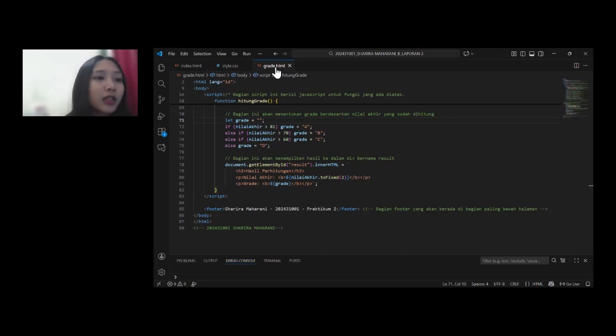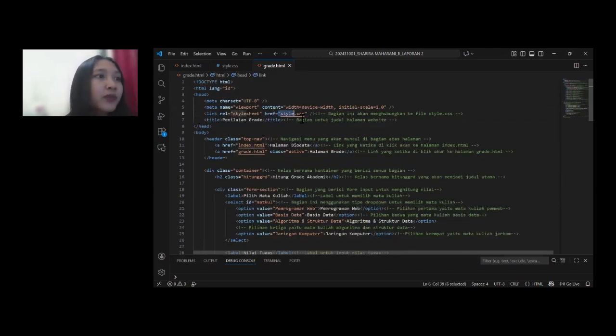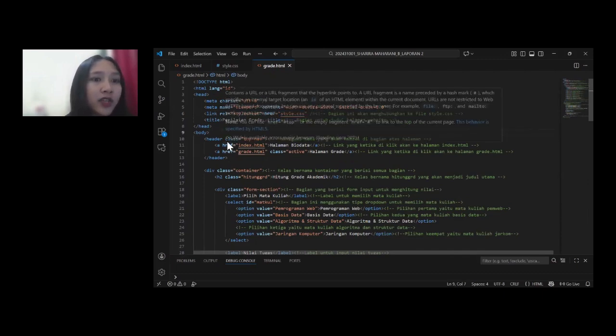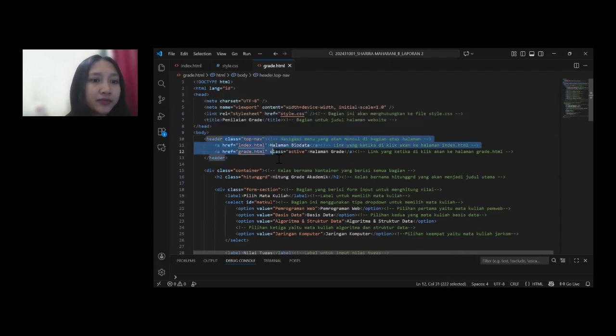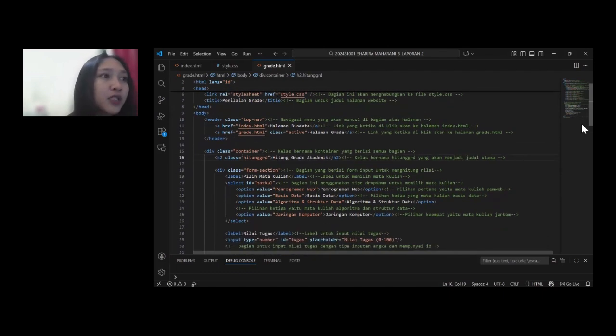Similar to the first file, index.html, the page begins with metadata, a link to the CSS file, and a simple header that contains navigation links. This allows users to switch between the biodata page and the grade page easily. In this file, the main content begins with a title labeled Hitung Grade Academic.